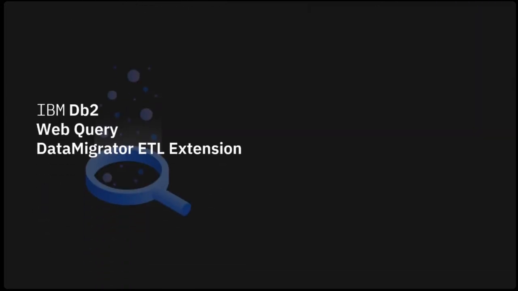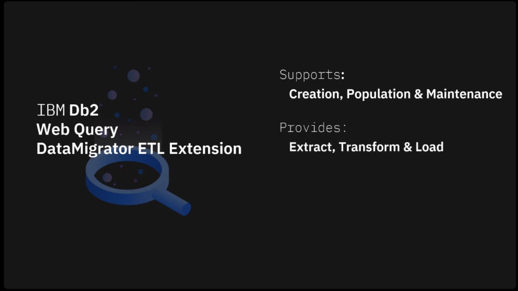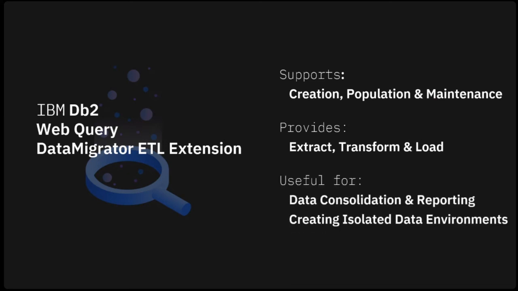The DB2 Web Query Data Migrator ETL extension is a new product that supports creation, population, and maintenance of database tables from one or more data sources. Data Migrator provides an ETL, extract, transform, and load solution that is compatible with other IBM technologies. It is useful for any DB2 Web Query developer who is interested in consolidating data for reporting and analytics, or